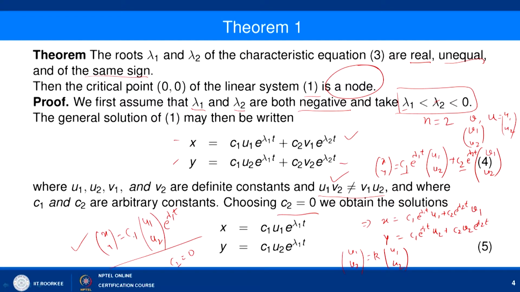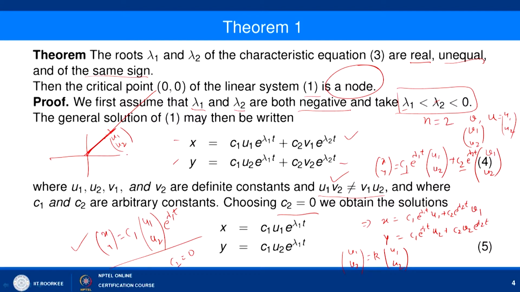So, here if we consider that C1 is positive, then this u1 u2 simply represents a vector here, and we can consider u1 u2 to represent a point somewhere. Now, C1 u1 u2 e to the power lambda 1 t: C1 is just a scaling factor and e to the power lambda 1 t is some scaling factor, so it will give you some point on this line. It means that this will represent a line passing through the point u1, u2.